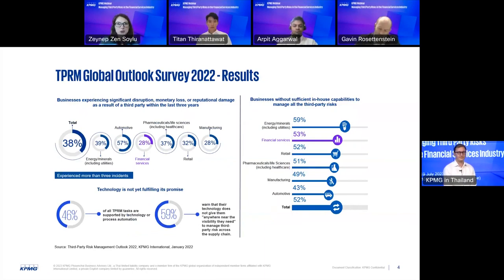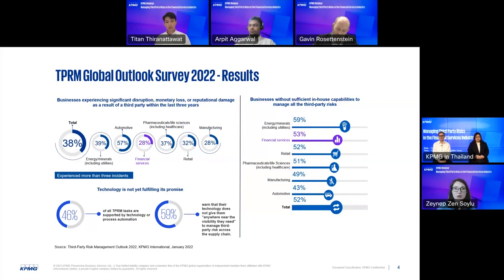What I would like to do now is to take you through a little bit in-depth results from our survey and give you the results in more detail when it comes to financial services, but also some of the key highlights that we're seeing, about the target operating model and about technology itself. Later on, we're going to take you through in more detail how we can approach it and what the future of TPRM looks like, together with Nan and Gav.